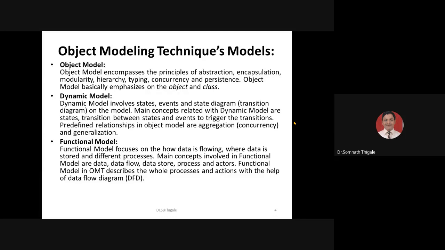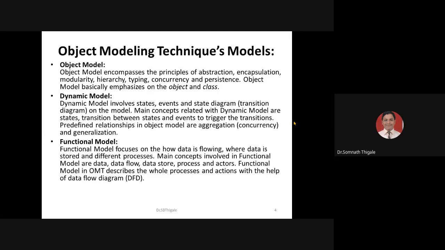So what does the dynamic model cover? It is a collection of different states and events, which are represented in terms of state diagrams, and also in terms of their sequence. So we will call the dynamic model a combination of state diagram, activity diagram, and sequence diagram. We can simply call it the dynamic behavior model. Sometimes it may be represented even in terms of a collaboration diagram also. So we call it the dynamic model.